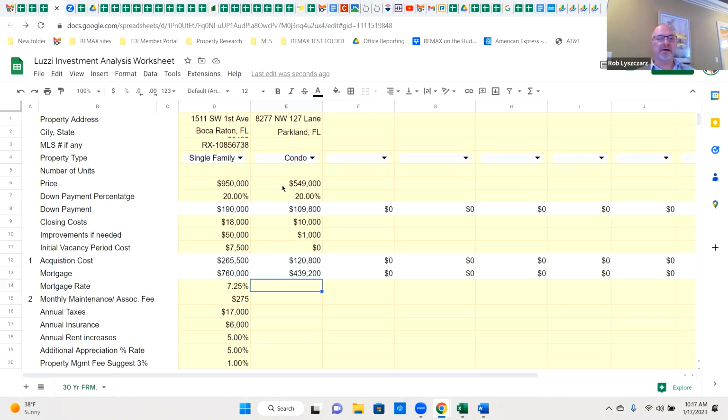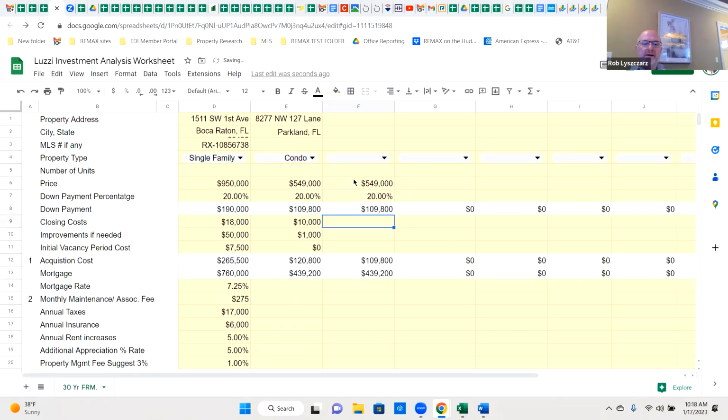On a 549 condo, would the rate be the same, Matt, or does a condo get an upcharge? I would say mid sevens, like 7.5. Yeah, do 7.5. Or you could pay a point to get it down to like 7, what would it get to? 2 points? It's about 0.25% lower for each point, so 2 points. So let's say 2 points on a 450 is $9,000. I'm going to do this 2 different ways here. 549,